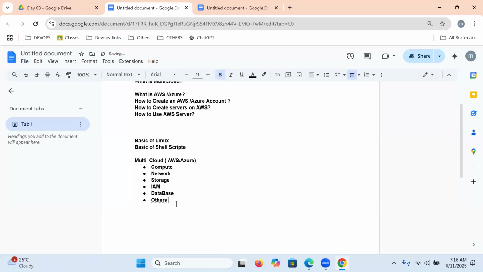So these are all things we are going to cover. Compute in both AWS and Azure, and networking in AWS and Azure also. Both clouds will be covered.